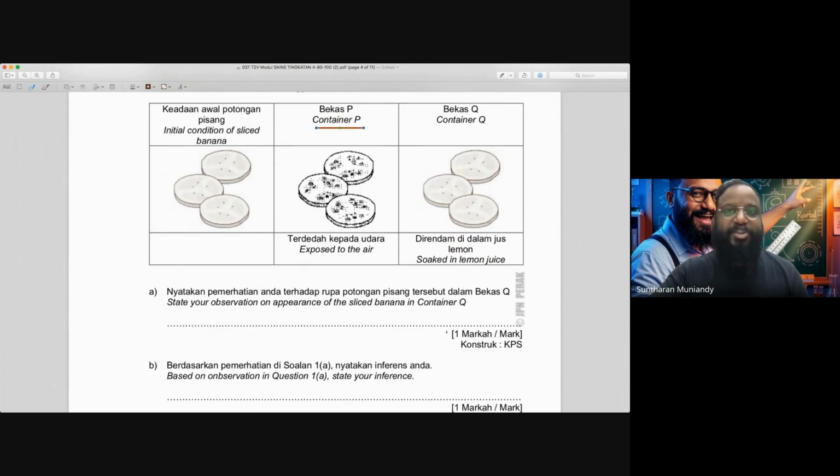So they want you to what? State, okay? Observation, write what you see from the